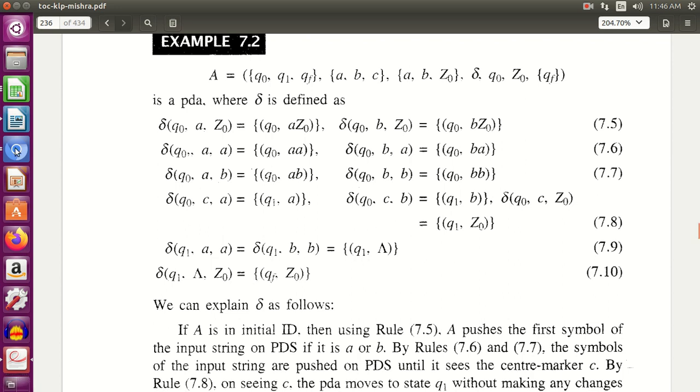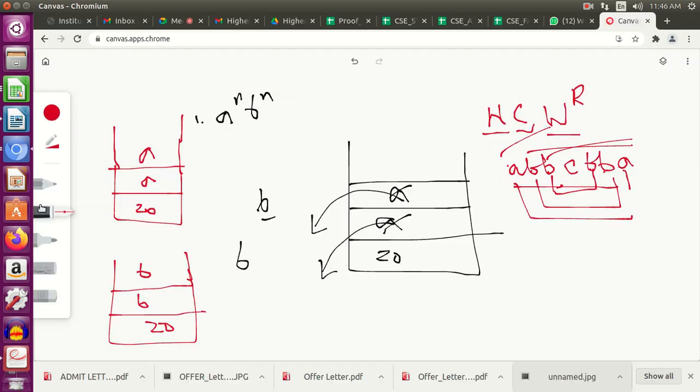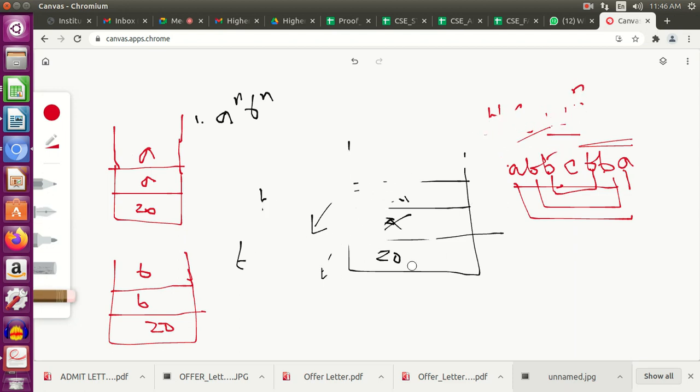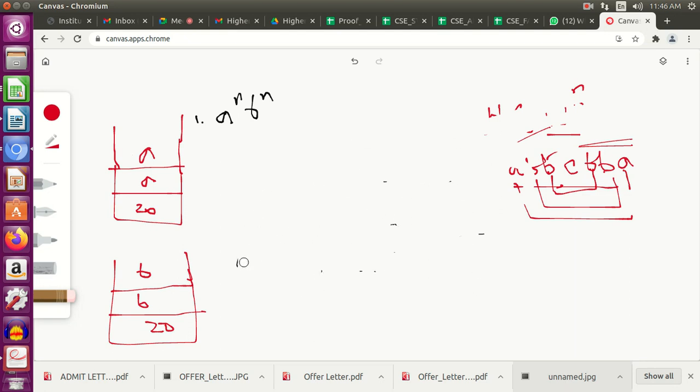So again, I'll quickly take an example and show you how this is going to work for any and every string.